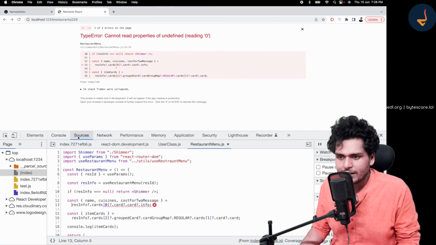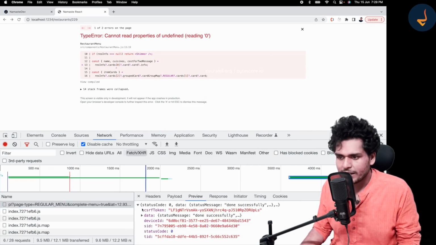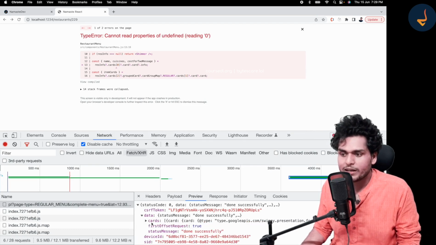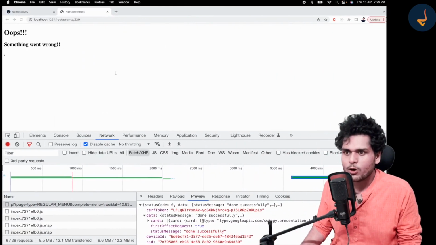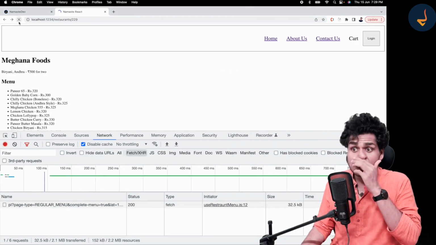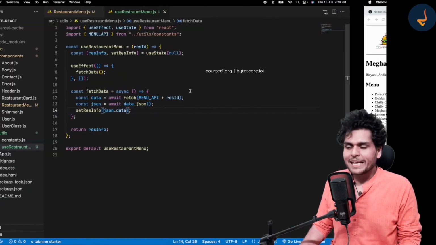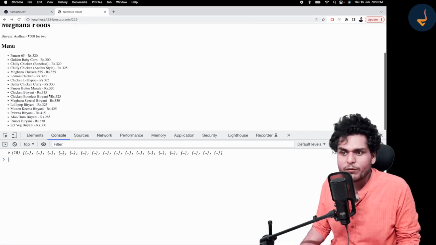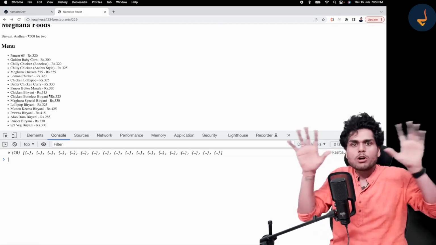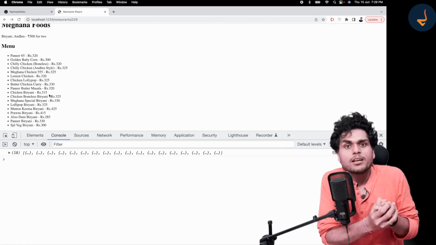So basically the data that we got over here is an object. This is our JSON. We have to pass in .data, right? So I have to do .data, and let me save it. Let me go back to our page and refresh the page. And did you see? Now this code is the same. It is working the same way as it was working before, right? So there is no change in the feature, but this is a good way of writing code.